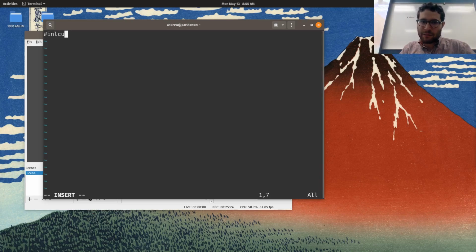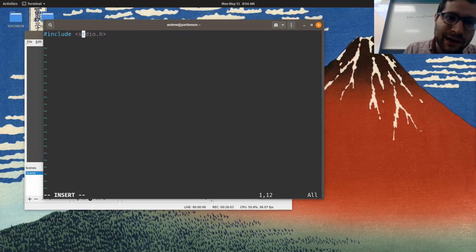Really, the first thing I have to do is what are called the include statements. Include standard io.h. And you'll notice that as I was typing, the color changed. This is a feature, not a bug, of text editors. They do something called syntax highlighting, which is that they color different parts of the code different colors to let you know what they represent. And so this over here just colors it to let you know that it's an include statement.